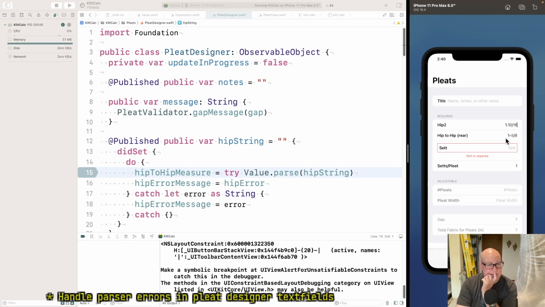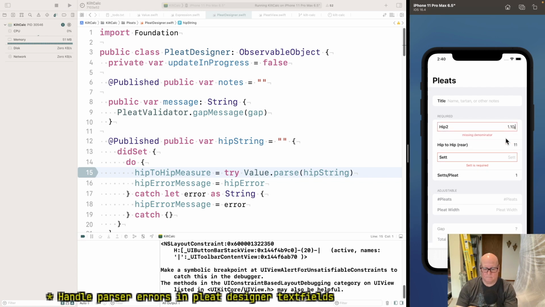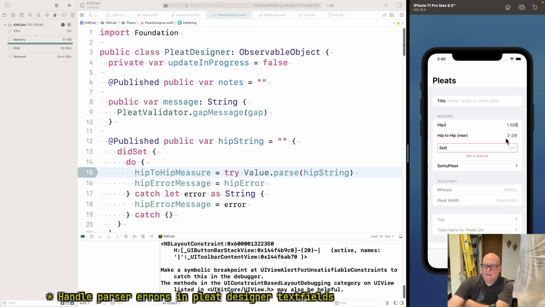Can I set hip string? 10/8. 1 10/8 is 2 2/8.